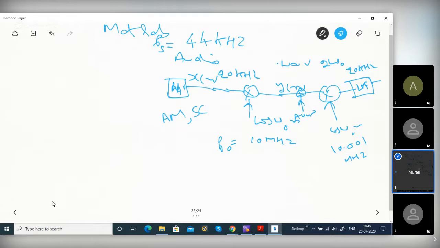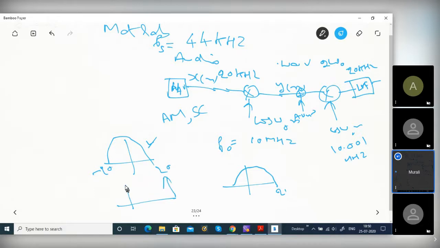Suppose this signal is 20 kilohertz. So what will happen is originally it will be some signal like this, minus 20 to plus 20. Then after modulation and LPF, we will get the same thing, assuming there is no distortion or something. But with the frequency offset, it will shift actually. This will shift slightly. 21. Go to 21. And this, because cos omega, two impulses actually, right? Cos function, I didn't teach, but I'm just saying, two impulses. Yes, sir. This is DC. So because of this, you go this. Because of this, this will go left.